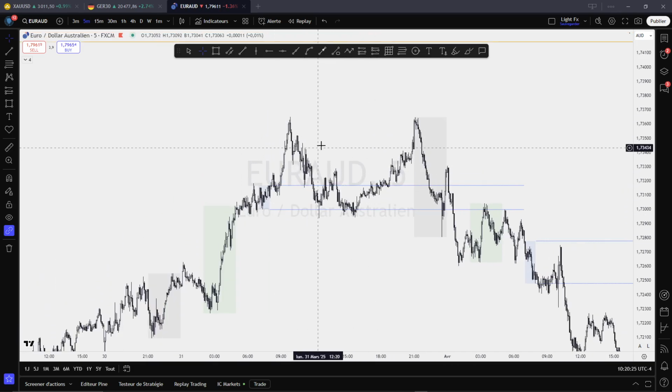Yesterday we saw how I marked the highs and lows, the swing highs and swing lows, and also the key levels that I could call support level or resistance level, but just call them key level. It's simple like that. And I mark them according to their time frame. I prefer to mark the higher time frame like weekly, daily, and H4, and use those levels for waiting for reaction on the lower time frame, as I'm trading intraday and day trading.